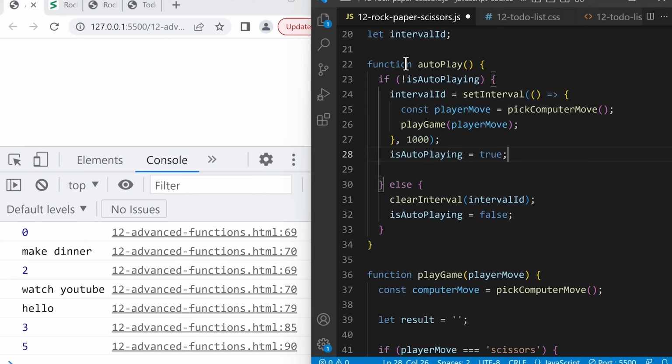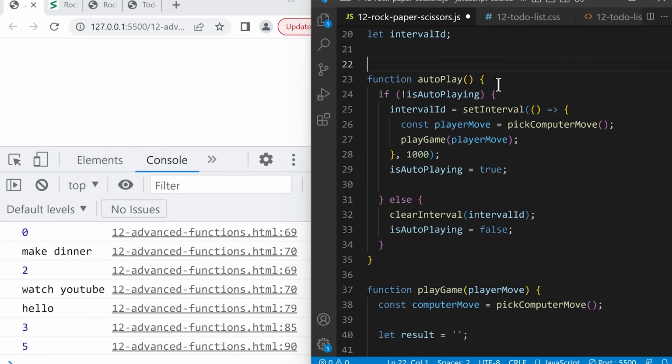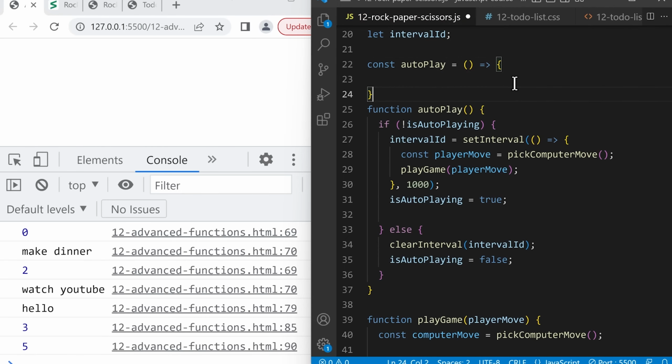Now, what about this function up here? Function autoplay. Should we also switch this to an arrow function? So this situation is more personal preference. So above this, let's actually create an arrow function version of this. Const autoplay equals brackets and arrow, and curly brackets. So even though we could create an arrow function version of this, I actually prefer the regular